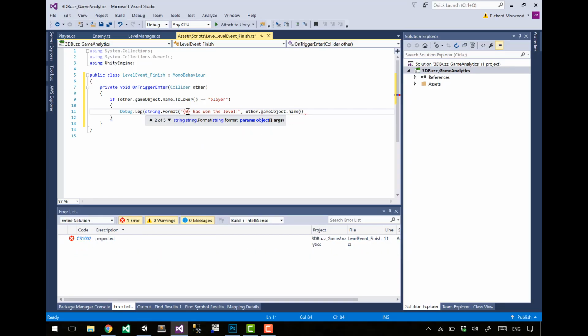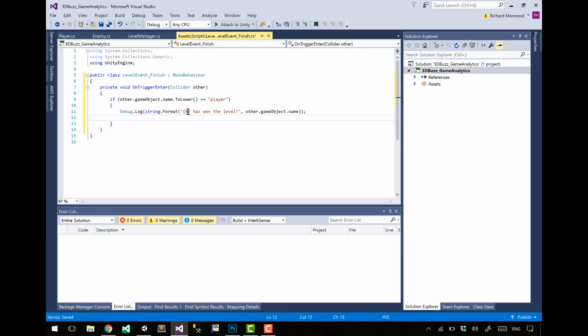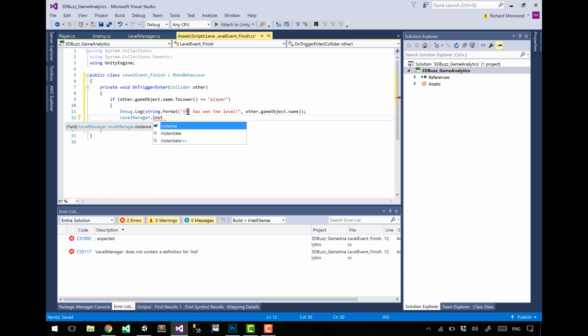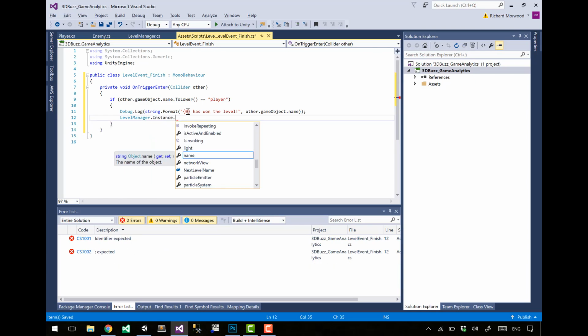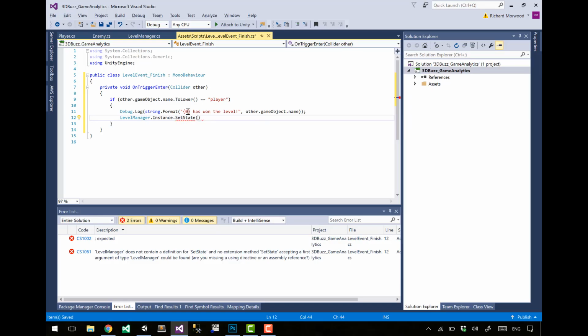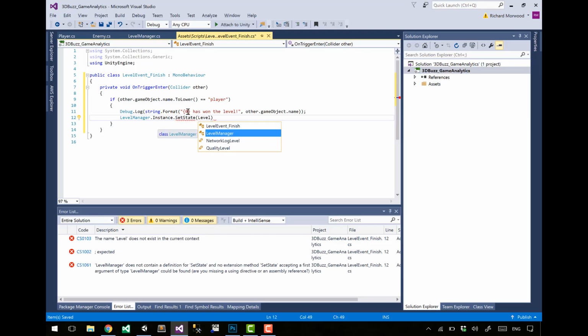It is other.gameObject.name. And now that we have our ability to finish the level, we need to make sure that does something. So now we can go level manager dot instance dot set state, and we will pass in the new state to go to. So level manager